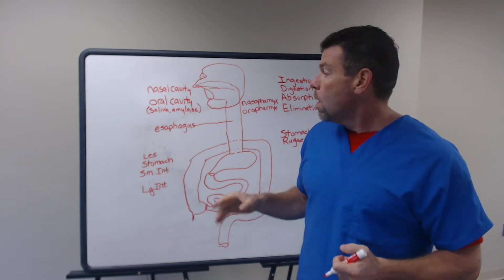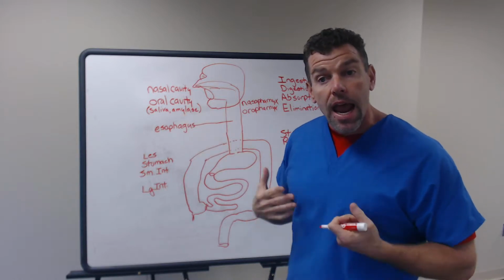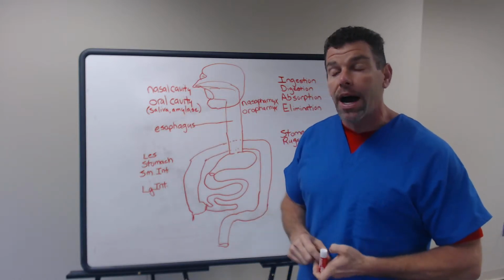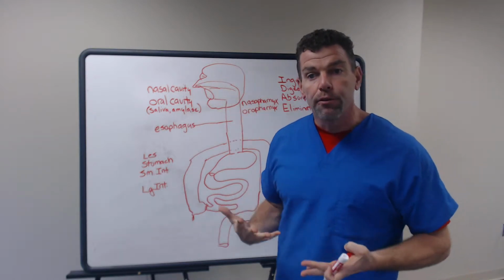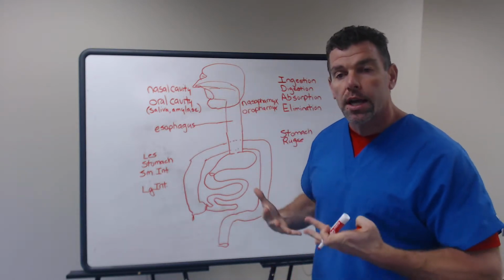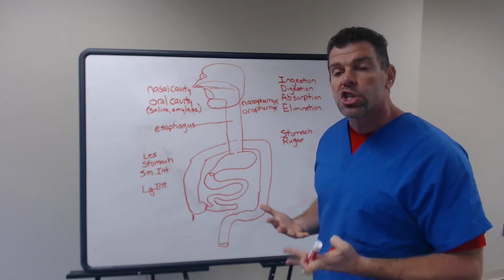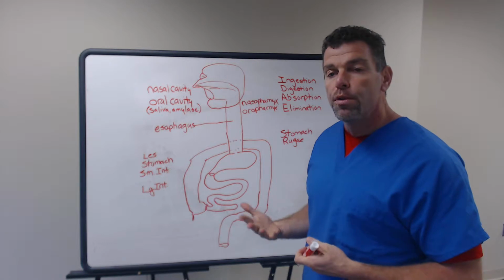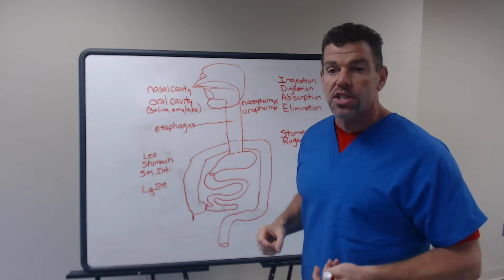But also, our saliva contains an enzyme called amylase. Amylase breaks down carbohydrates. So in the oral cavity, our teeth break the food down after initially cutting off a piece. It mixes in the oral cavity with the saliva by our tongue moving the food around, and then ultimately it's going to go down the esophagus.